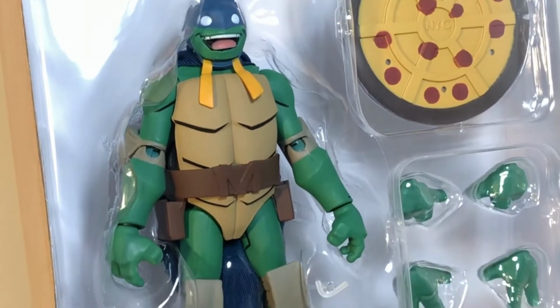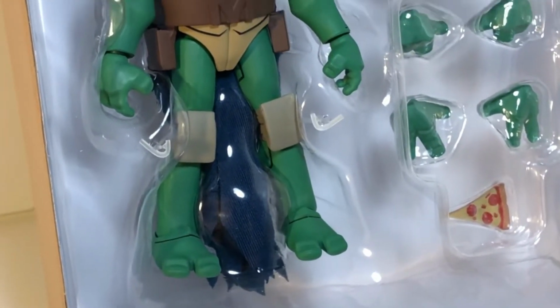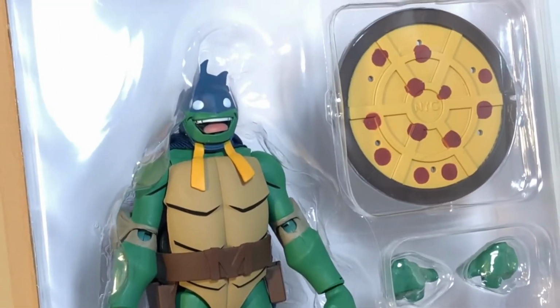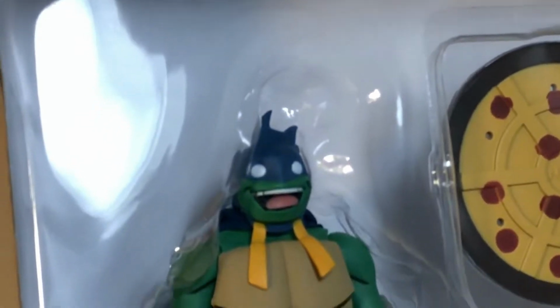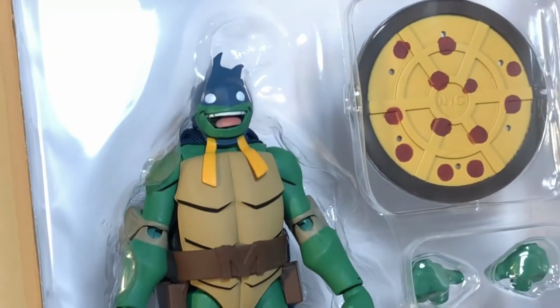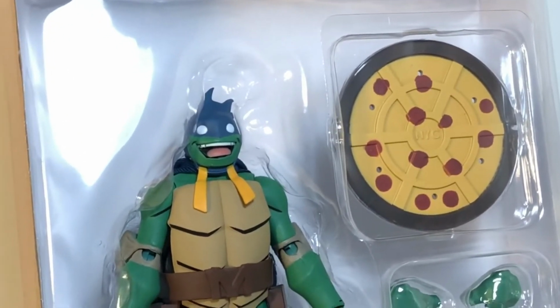He's about 5.5 inches tall. Now, as turtles go, he is the shortest of all the turtles, so it'll be better later on when we see the other turtles standing around him. But even with those little bat cowl ears poking up on his head, it does not make him very tall at all. Now, as you can see, he comes with an accessory over there that looks like a pizza